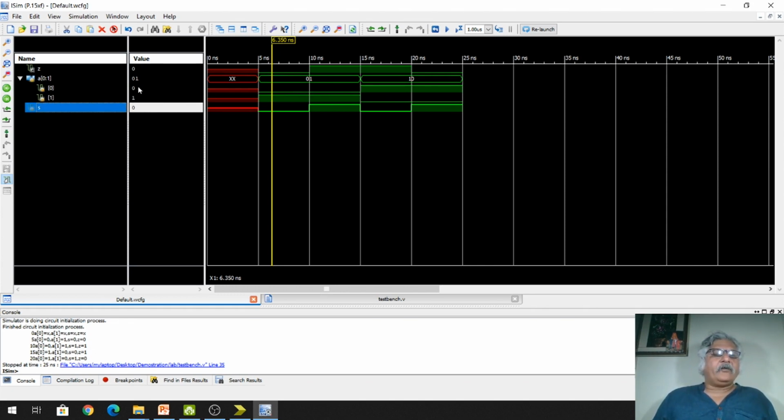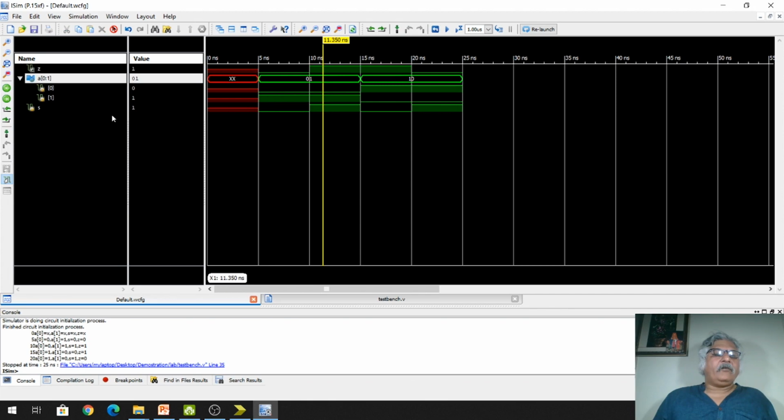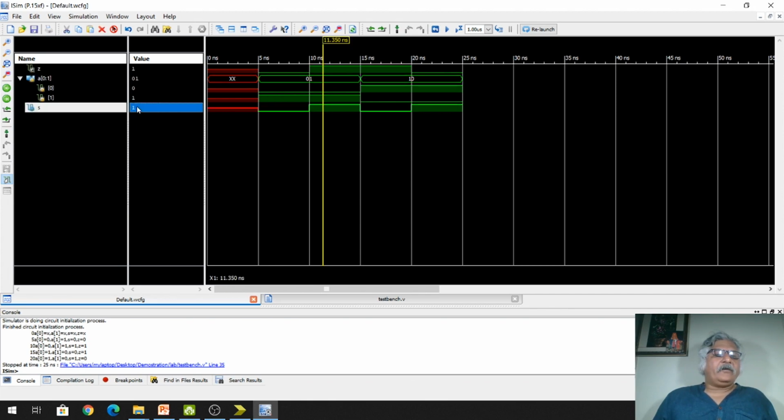So A0 is 0. This is at the output Z. We will see some other condition. Okay, now S is 1. So if S is 1, then A1 is also 1 here. This is at the output Z. Okay, we will see some other condition.